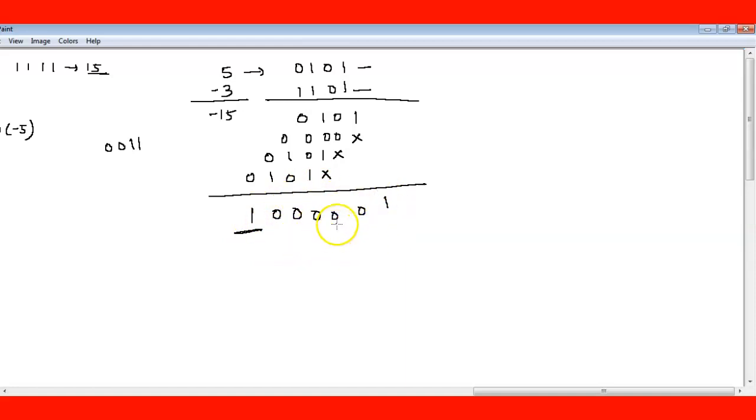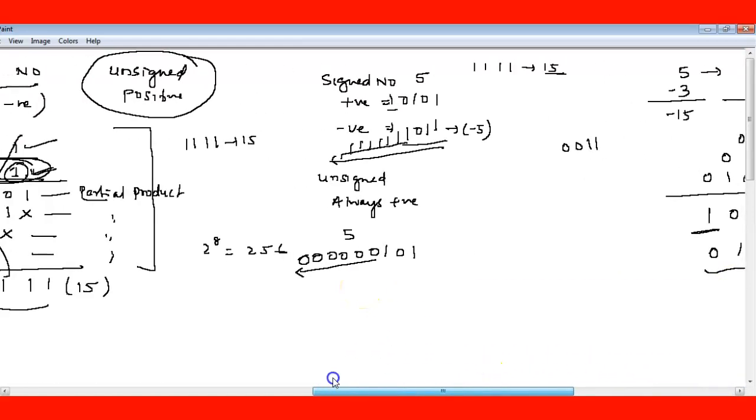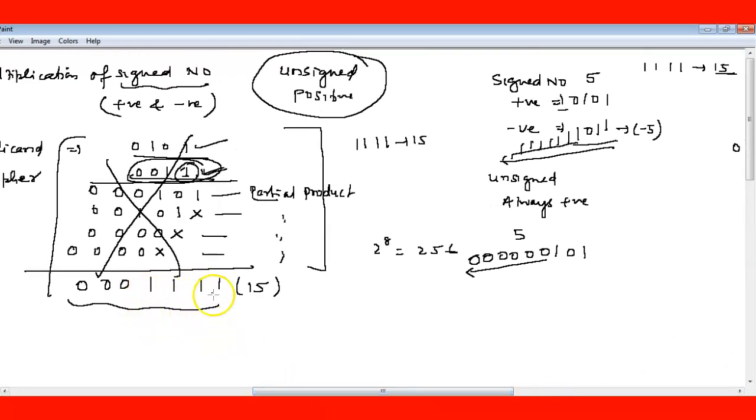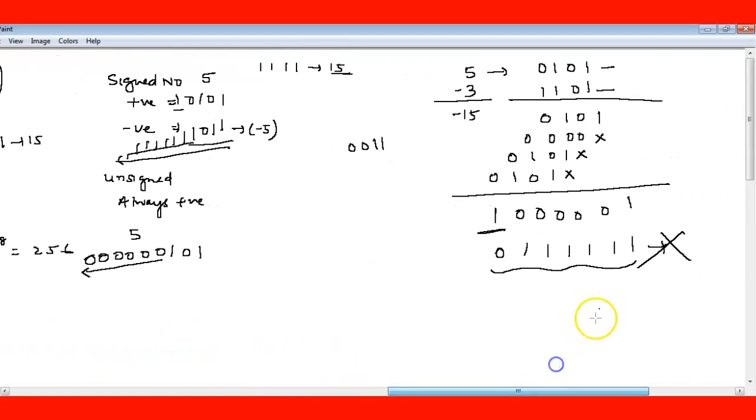So we have to find the second complement for this. Second complement for this one is 1, 1, 1, 1, 1, and 0, which is giving some ridiculous numbers. Because this is not -15. -15 should be how much? This is the 15 here, so if you write -15 in the second complement, you write 1, 0, 0, 0, 1. This should be the -15. We are getting some other values here. So this method fails.